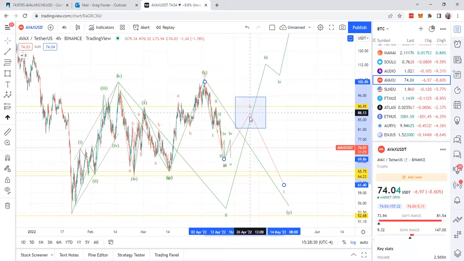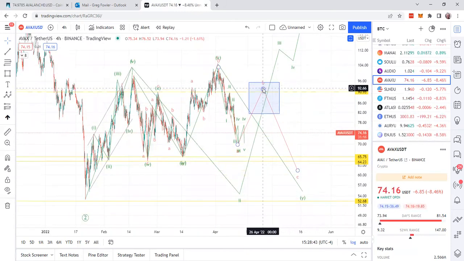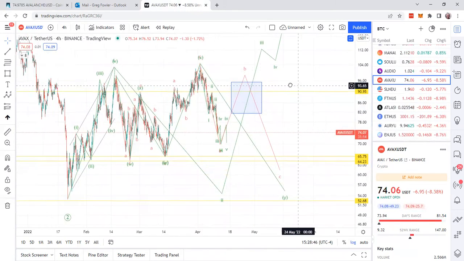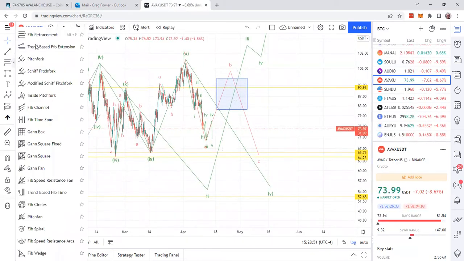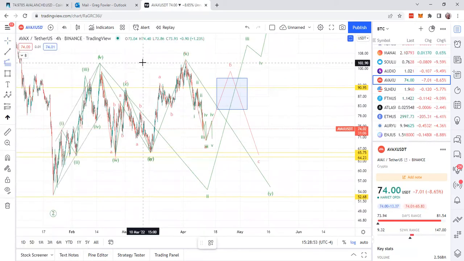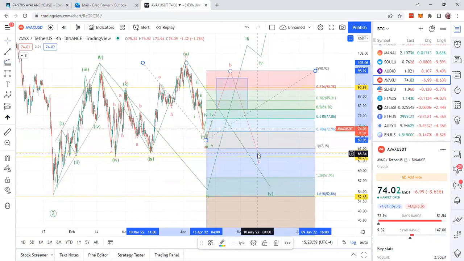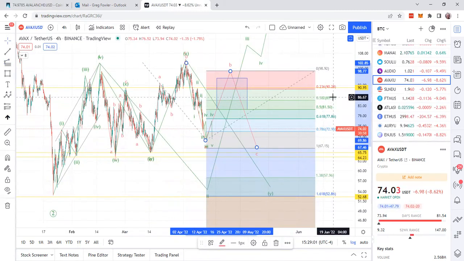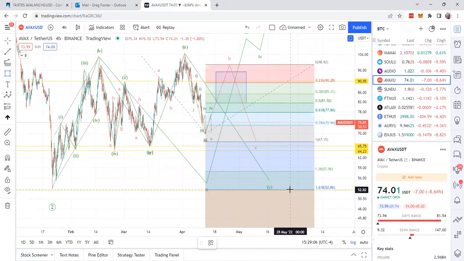But this is the normal area for B waves. You know, depending on how bullish it is. If it's bearish, it's going to be low. If it's normal, it'd be here. If it's bullish, it's going to be up there. So let's just say it's bullish and it goes right there. These are hard targets to find, but you can get a one-to-one. It's called a one-to-one. If you just use a one-to-one, you know, right there at 67, and then you know your worst case scenario is going to be like 52.